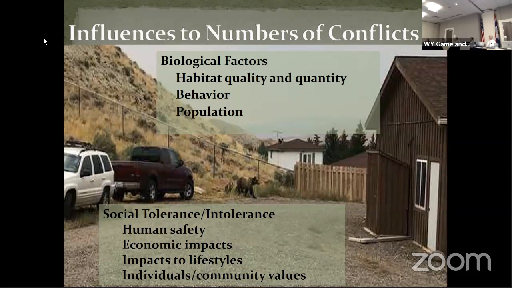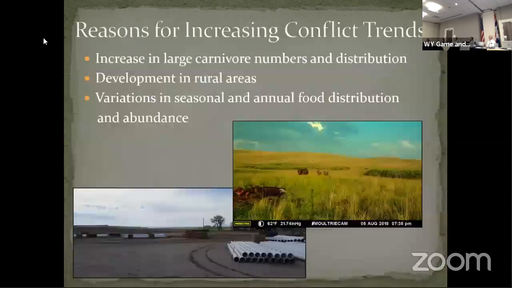So when we look at our annual numbers, we do see an increasing trend, and I'll show you those. But without a doubt, all science and data shows that what's causing that increase in trend is expanding populations of all these large carnivores that we have in the state. And Commissioner Crank pointed that out with bears moving east, especially into the Bighorn Basin. That's just one example.